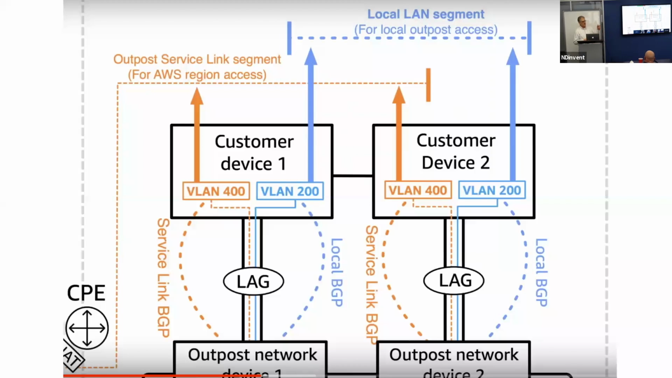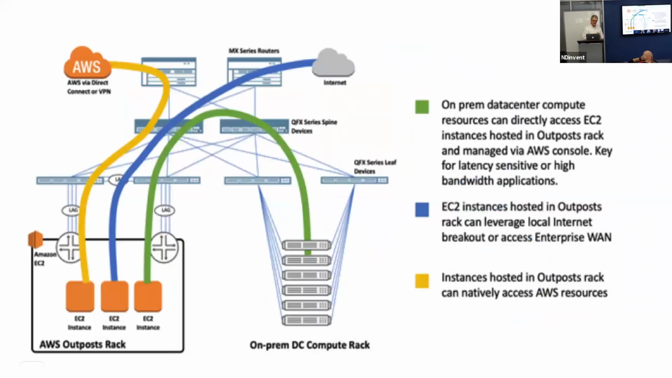If you remember, earlier I talked about how they can push patches and do firmware updates and that type of thing. That's done through the service link. Also, when you're in the console, deploying instances to your local availability zone in your data center, it's done through that service link. And the actual service link itself